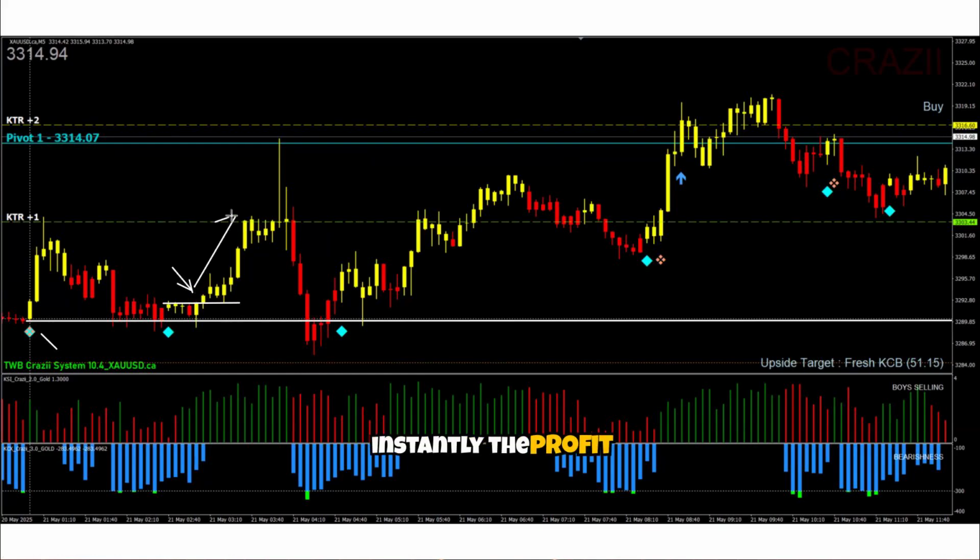And instantly the profit given to you is KTR plus 1. And the crazy part, we saw the market really go to pivot 1 as if they know pivot 1 exists. And then when the market hit pivot 1, it couldn't go up, there's a reversal as we know, bang, the price comes down. Then secondly, the second arrow comes out, you draw the line, and same thing again,